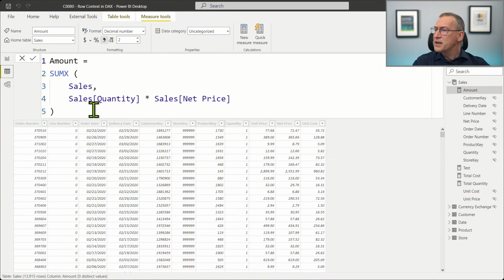The row context does its job by scanning the table row by row. The row context does not filter a table, and that again is an important concept to understand. Let me show you that with the demo. I can take the same expression that I wrote here, copy it again, and I can create a calculated column out of that. So if I create a calculated column with the same expression,